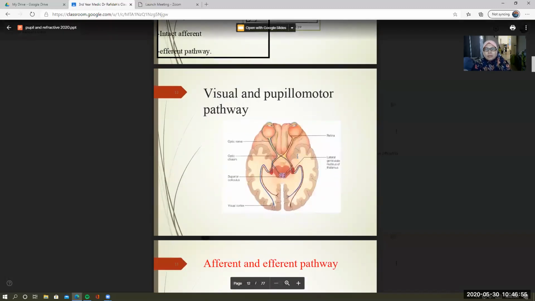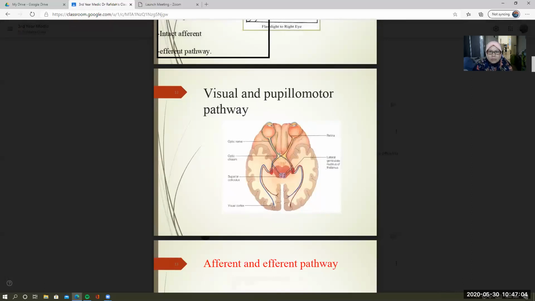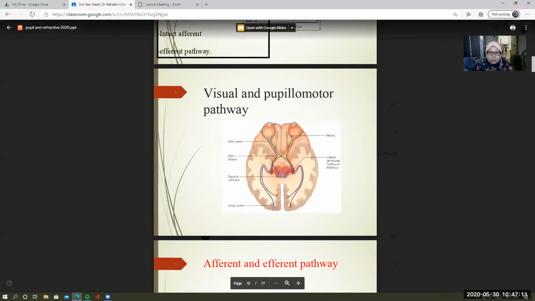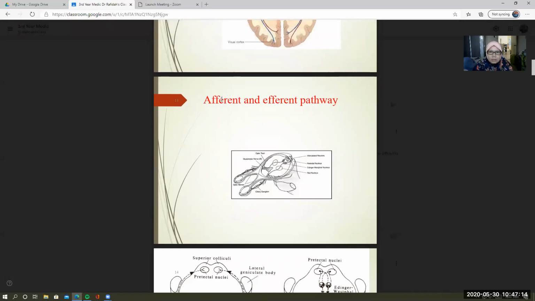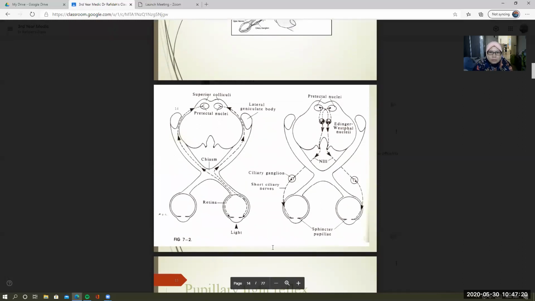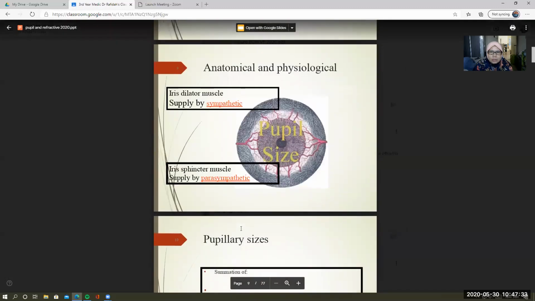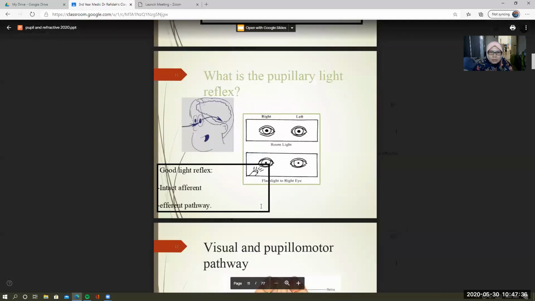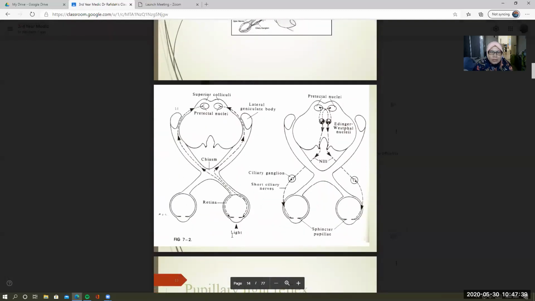Okay, so this is a very important picture of a visual and pupillary motor pathway. You must know all this, from the retina to the optic nerve, to the optic chiasm, into the visual cortex. So these are the afferent and efferent pathways. All right. The light enters from the front, from the pupil. This is your iris dilator muscle, and there are actually two, sphincter and dilator. Okay, so when the light enters the eye,